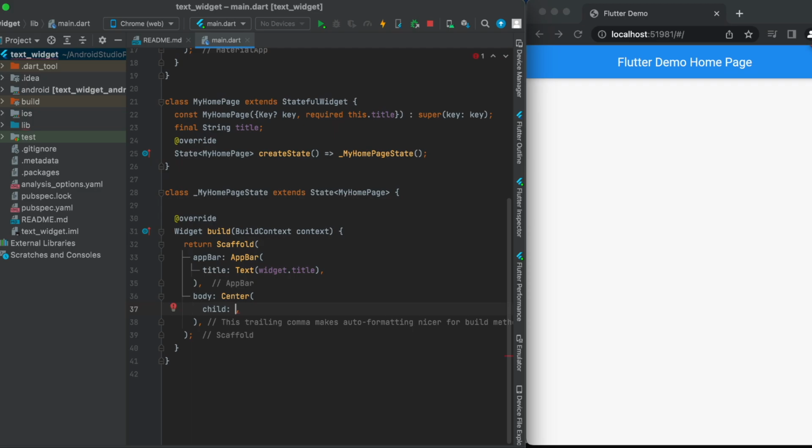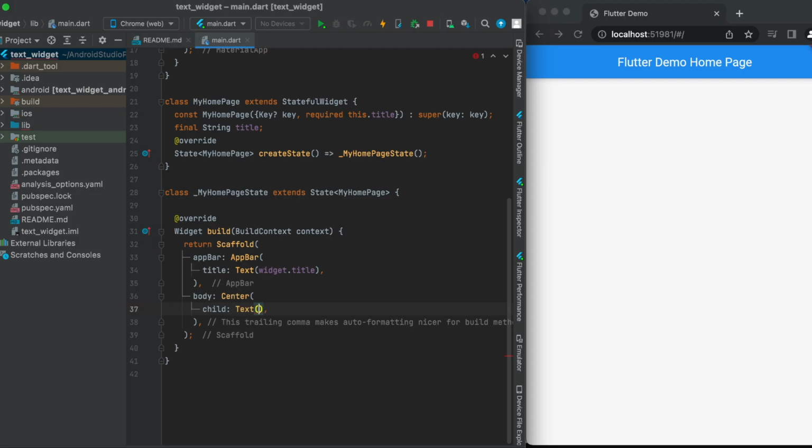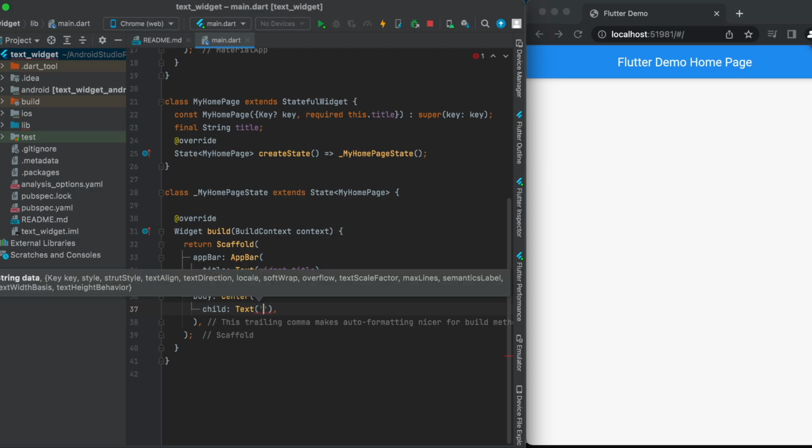I just want to teach you today about the text widget. So what is the text widget? Here we write the text widget. Flutter will automatically suggest which widgets you might want to use. If you type one letter, so I type T and it suggests that if you want to use a text widget. Okay, so in the text widget, inside the string, we will write